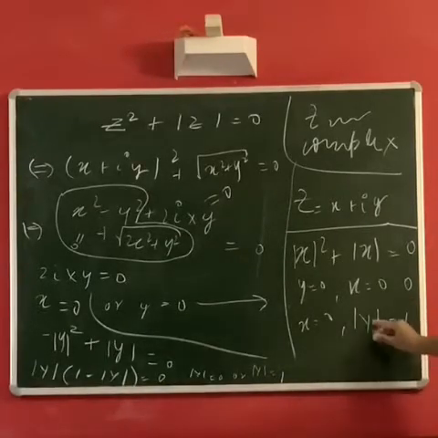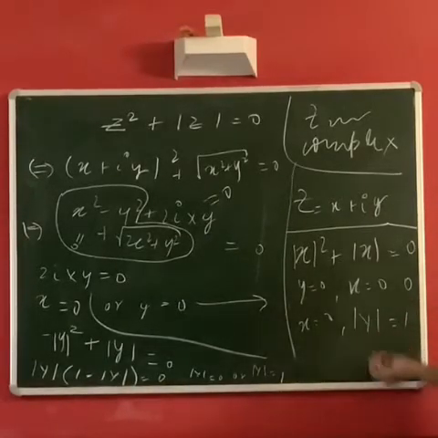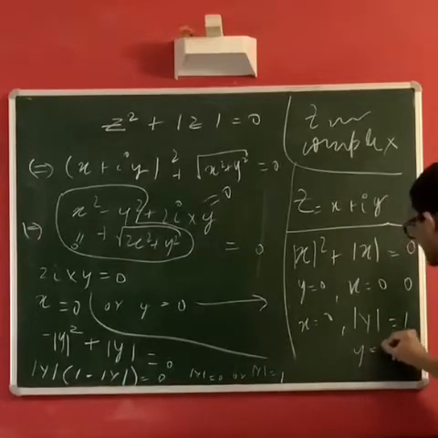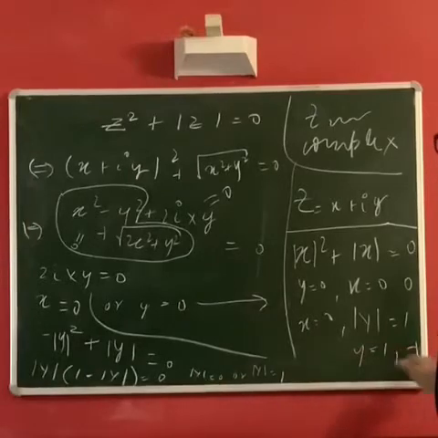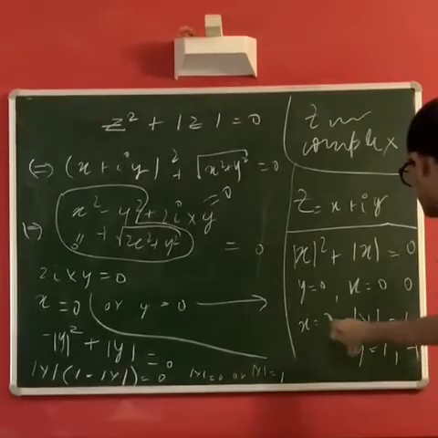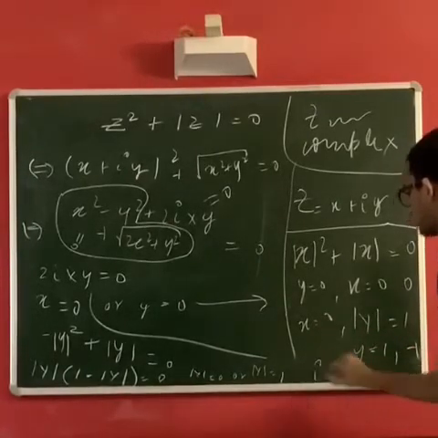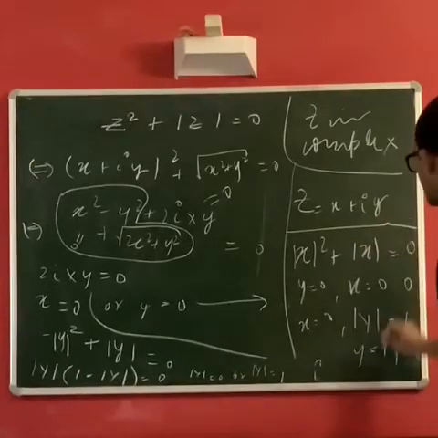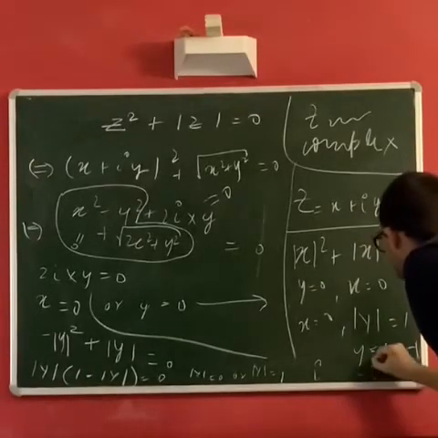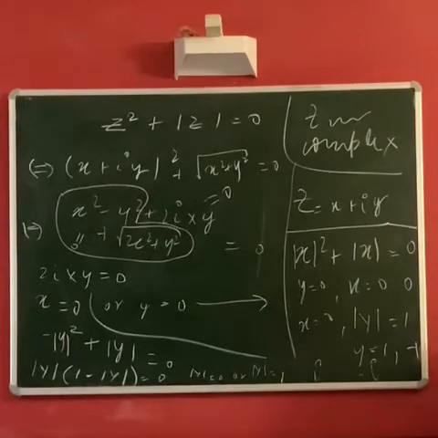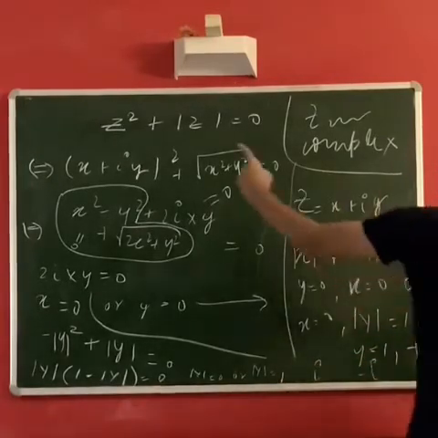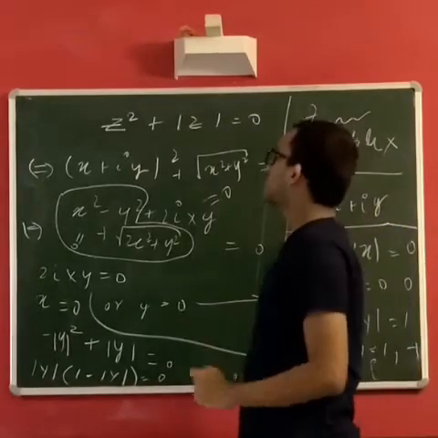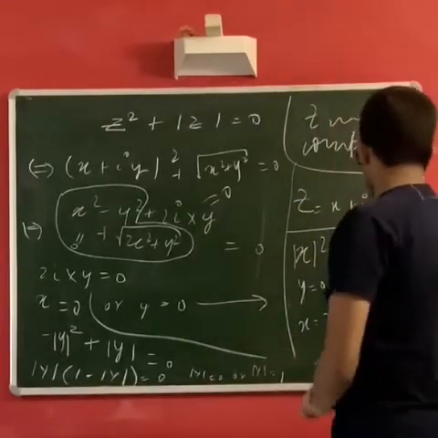Oh yes, we can also deduce one more thing from this, that y is either plus 1 or minus 1. Both of the solutions, x equal to 0, y equal to 1 gives you the complex number i over here, and x equal to 0, y equal to minus 1 gives you the complex number minus i. So we have three candidates for solution, that is 0, i and minus i. You can substitute all of them back into the equation and check whether they satisfy the equation.